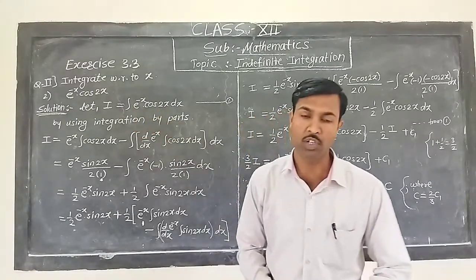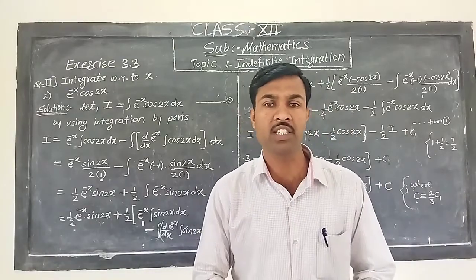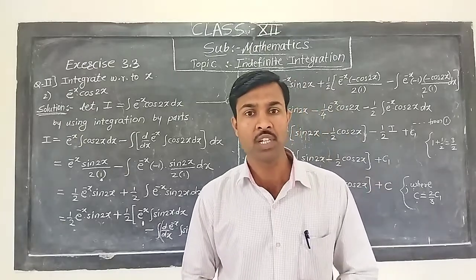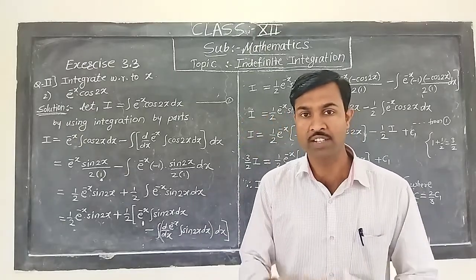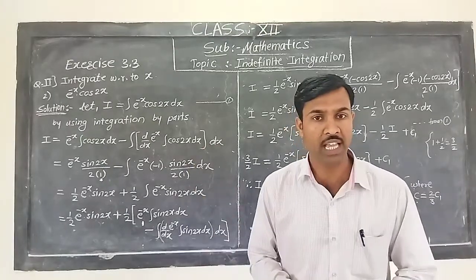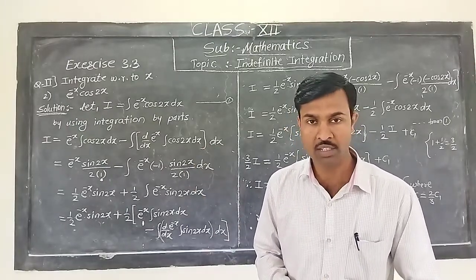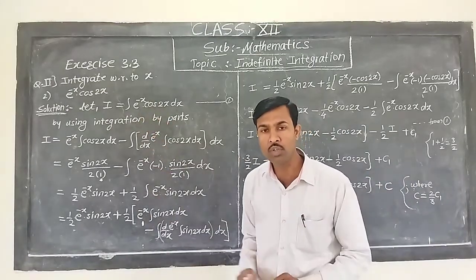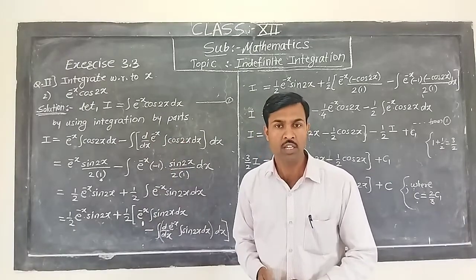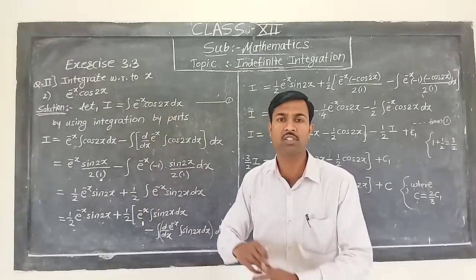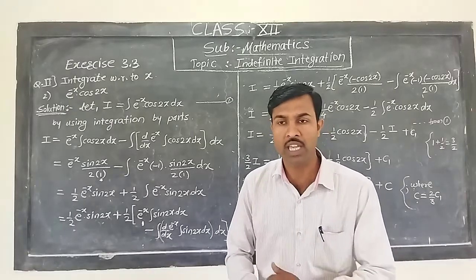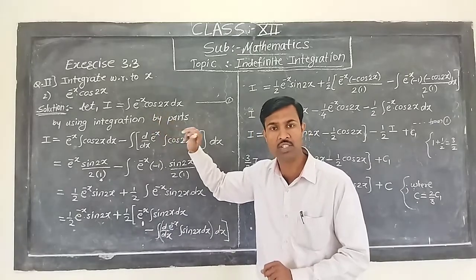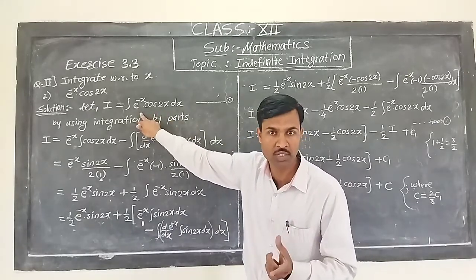And when there is a product of two different functions, we have to integrate this type of function by using integration by parts. While using integration by parts, we require a first function and a second function. So which function should we take as first and which as second? As there is a product of exponential and trigonometric, I have told you that in such a condition you always choose the trigonometric function as the second function, because we can integrate a trigonometric function very easily. So exponential will be our first function.